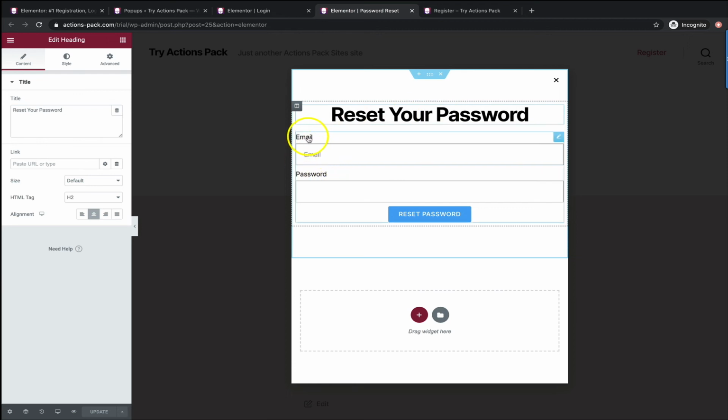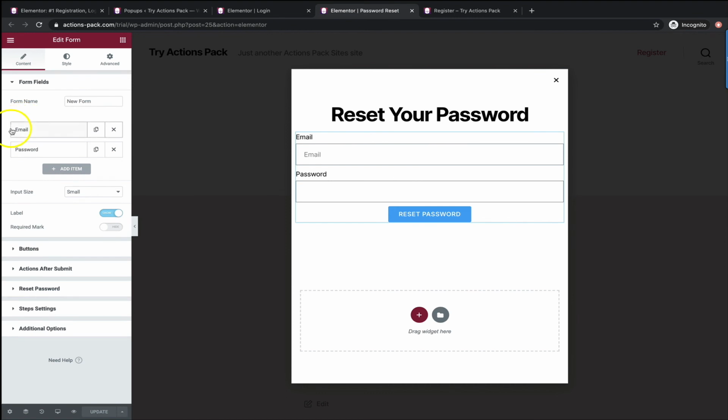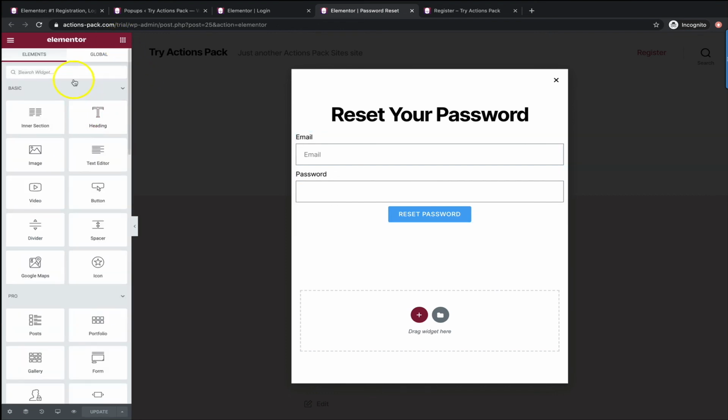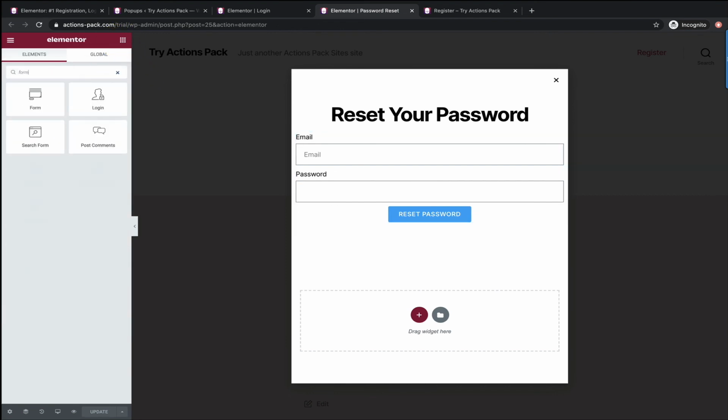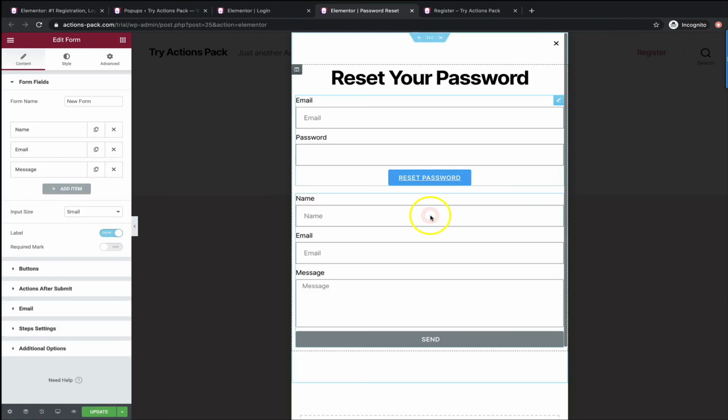And we've got two fields. We've got the email field and the password field. Let's take a look at those. If I just select the tab here, we've got email and password. Out of the box, if you add a new form to your site, I'll just show you how I did this. I'll just drop it in here below. The default is name, email, and message.